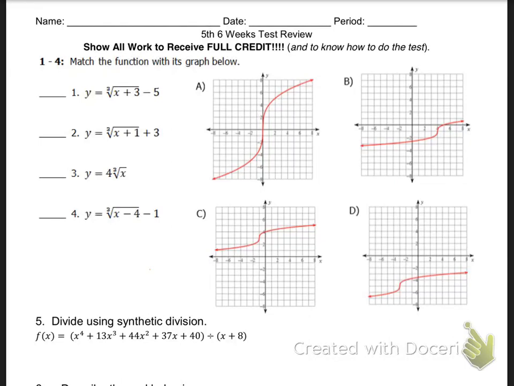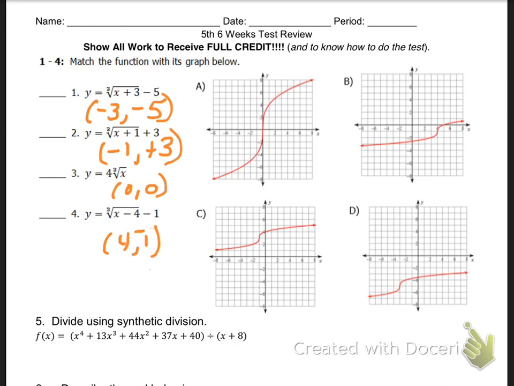All right, so I want you to recognize for problem number 1 and for number 2, all of these, okay, they're all cube roots. All right, and so let's go find the vertex. So for this one here is -3, -5. Here is -1, +3. Here it's 0, 0, and here it is for